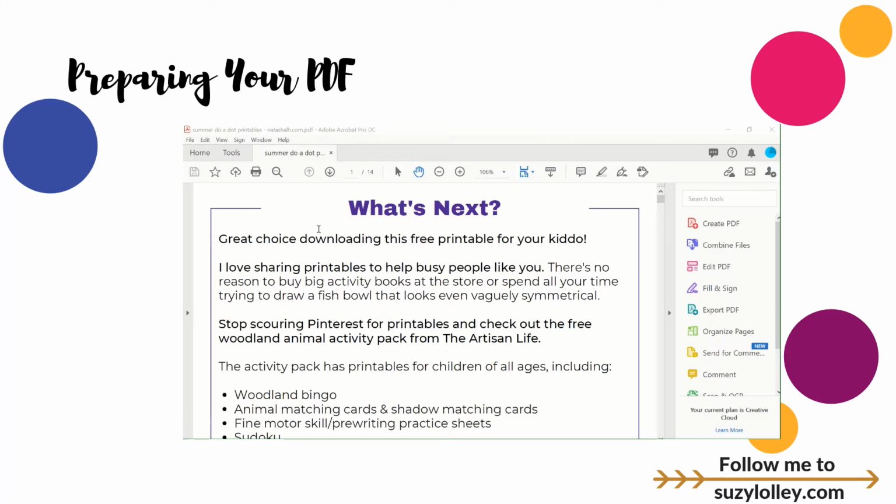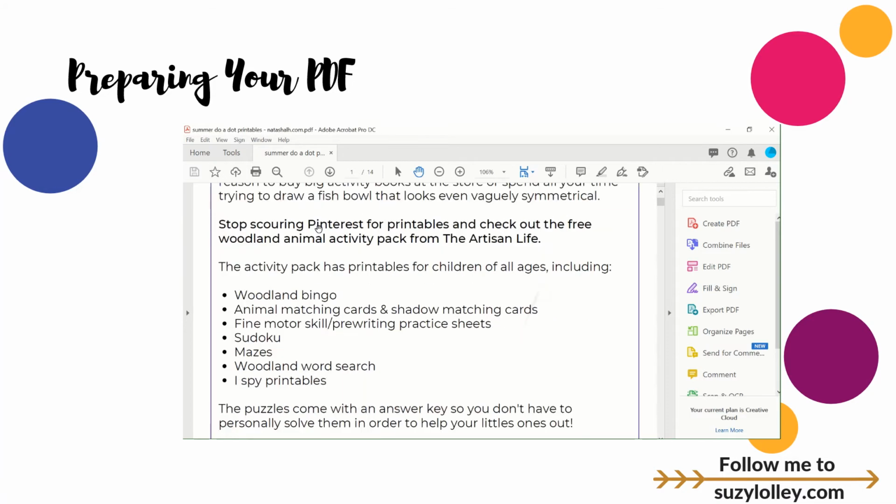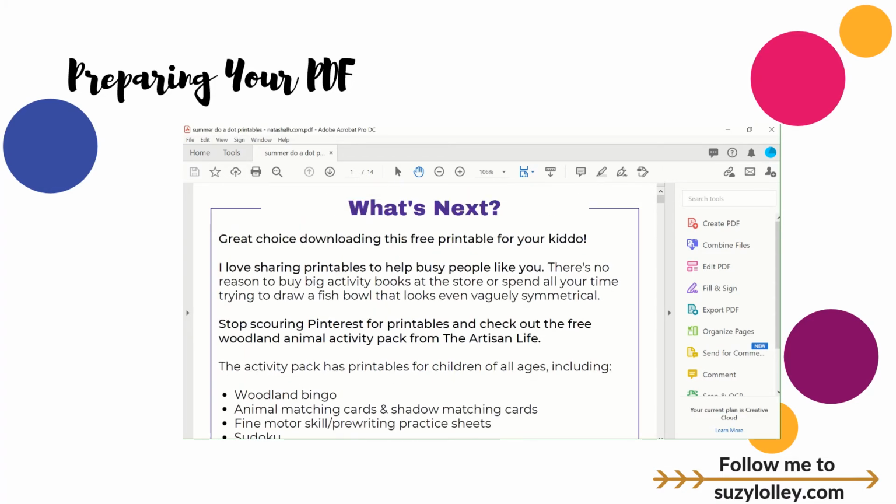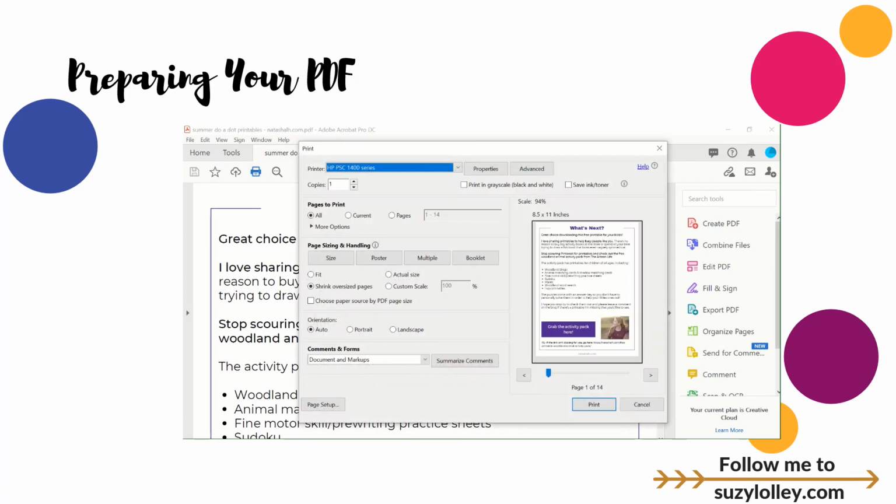So the second way you can clean up a PDF, get rid of extra pages, which I do give a shout out to NatashaLH.com for these wonderful Do-A-Dots for my toddler. But you can choose print on that PDF. And instead of choosing your actual printer, you're going to choose something called OneNote for Windows 10. Now, this is a virtual printer. Nothing's going to come shooting out a printer. What it's doing is it's going to send it to OneNote in the section and page you want it to go. So I can say print to this,